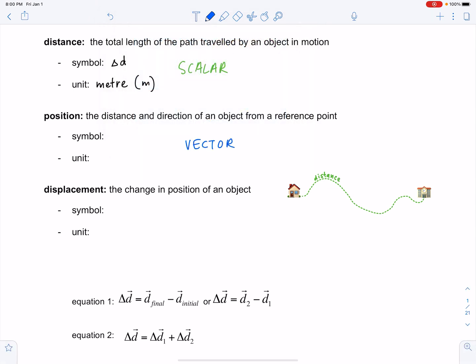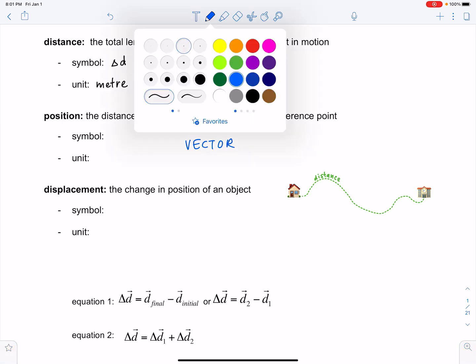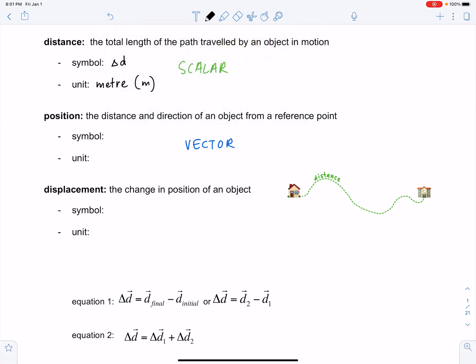And whenever we describe vector quantities, we give them special embellishments so that when we look at the symbol for a vector quantity, we know right away that we're talking about a vector. So the symbol for position is the lowercase letter d, but it is embellished with an arrowhead on top. Whenever you see an arrowhead on top of a quantity, you know right away that we're talking about a quantity that has both a magnitude